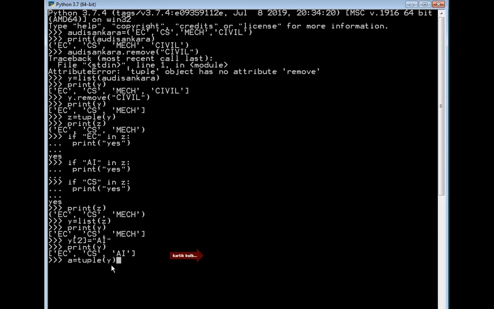The list y is converted into the tuple. Then when I print the value of a, you can notice the difference in the output.